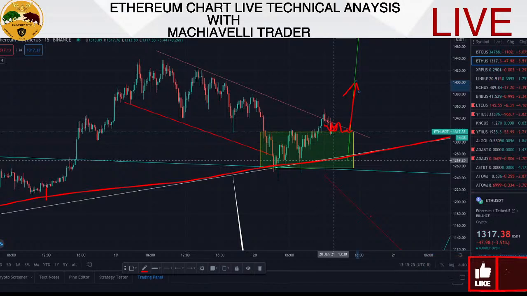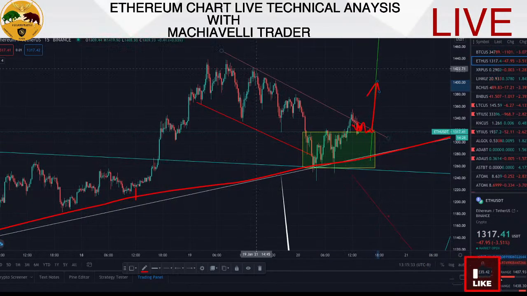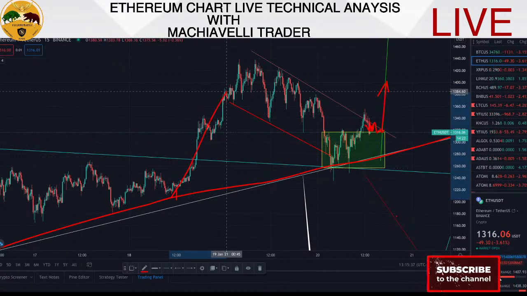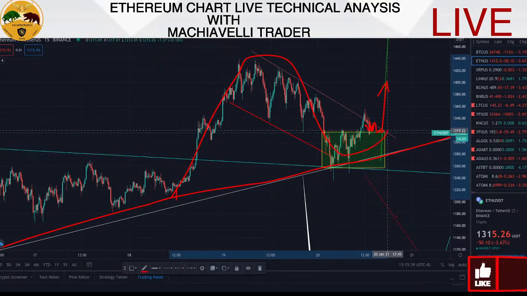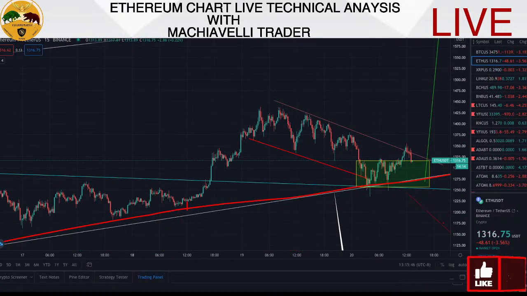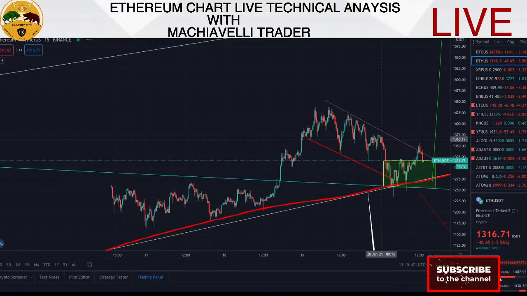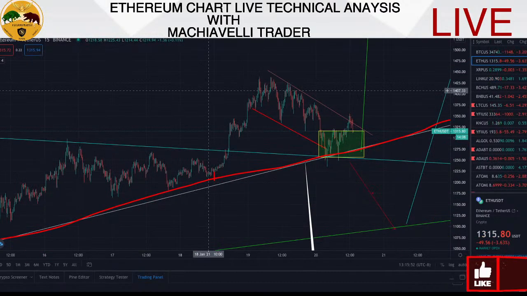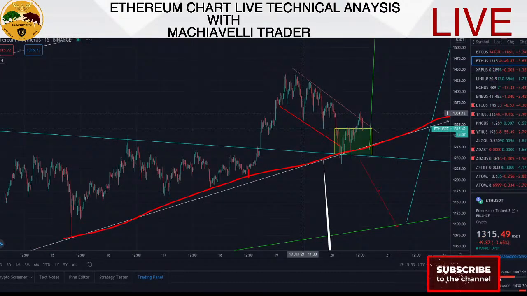That is what is going to happen, because we now have an explosive move to the upside. It means the retest is over, because currently this is our retest line, right? So this is where the breakout took place, right? So this is the retest. So we're going to have something like this. That's the way the move is likely going to play out on Ethereum right now. And mind you, this is the 15 minutes chart. This is the 15 minutes chart on Ethereum.